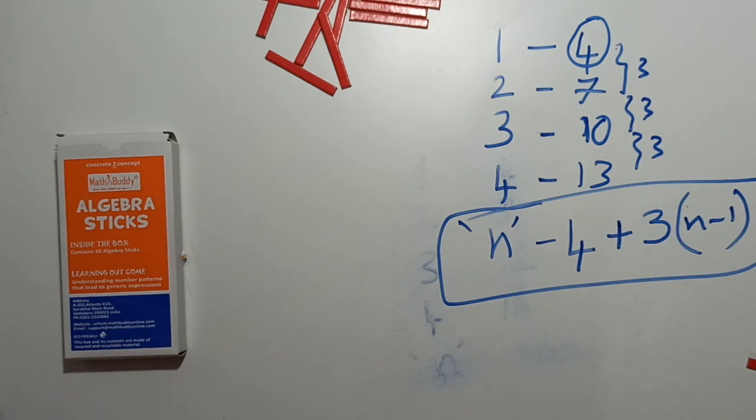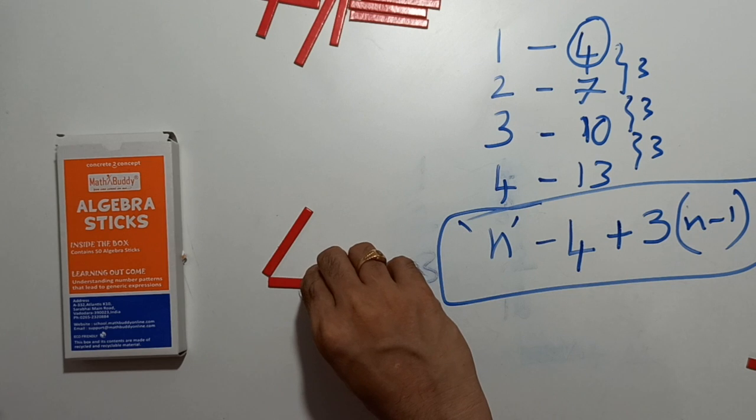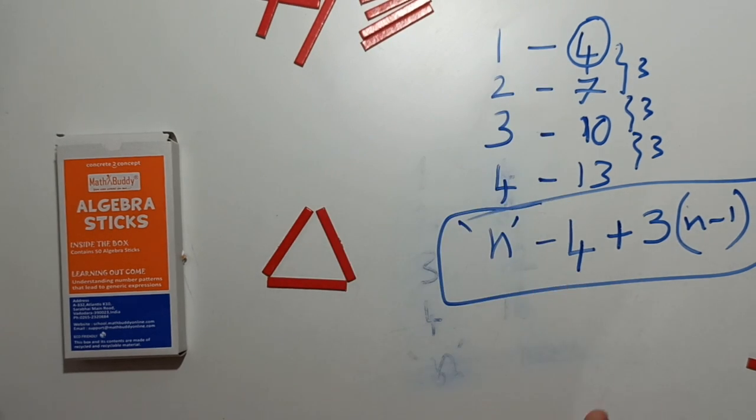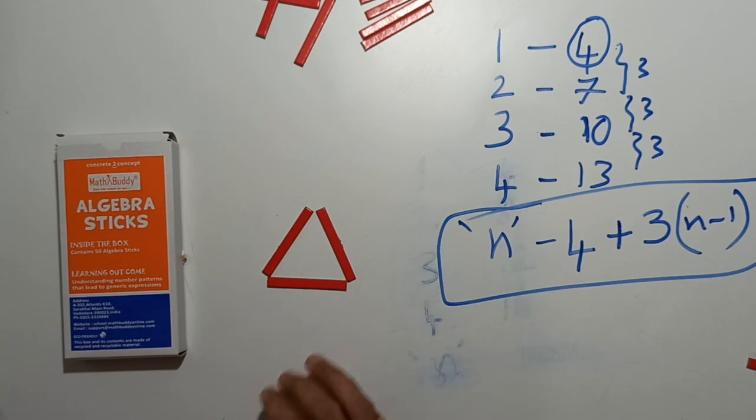Okay, so I hope you all enjoyed this activity. You can try out a lot more patterns. There are a lot more patterns given in your workbook. You can also create some triangular patterns and see if you are able to create a generalized expression for finding the nth term, or if you want n of these shapes, how many sticks will you need?